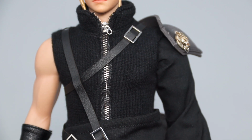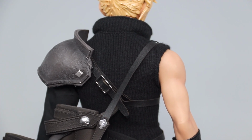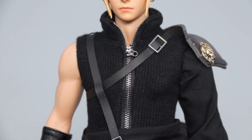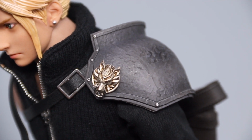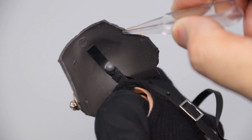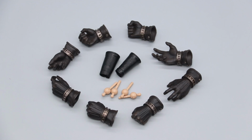Other than that, the tailoring, pattern, and texture on this shirt are spot on. The collar is a bit on the thick side, but it retains its shape really well, and the zipper in the middle is fully functional. The pauldron on the left shoulder looks really good too, with a rugged texture and that beautiful Fenrir emblem that's biting down on a separate ring. This time, the pauldron is attached to a strap instead of a sculpted protrusion, so it sits much more naturally on the shoulder. The forearm brace is made of leather, though I'm not a big fan of how the gloves